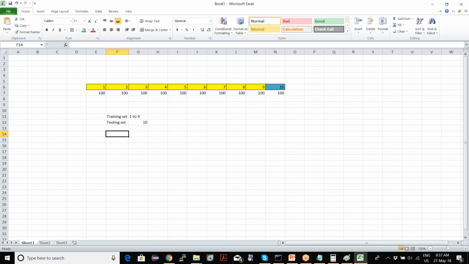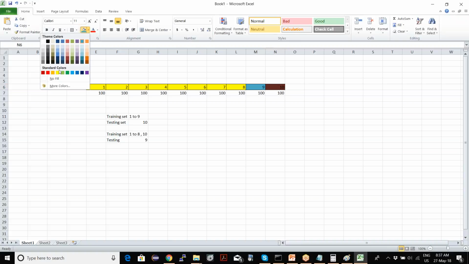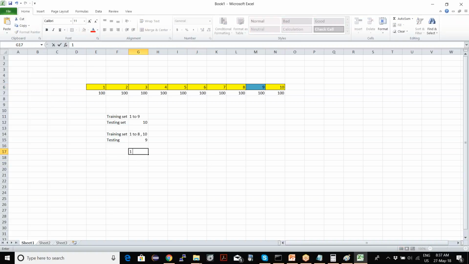Again, it will repeat this 10 times. Next time it will create a training set from 1 to 8 and 10, and your testing set would be 9. This will keep on repeating. Now it will be 1 to 7, 9 and 10 for training, and your testing set would be 8.